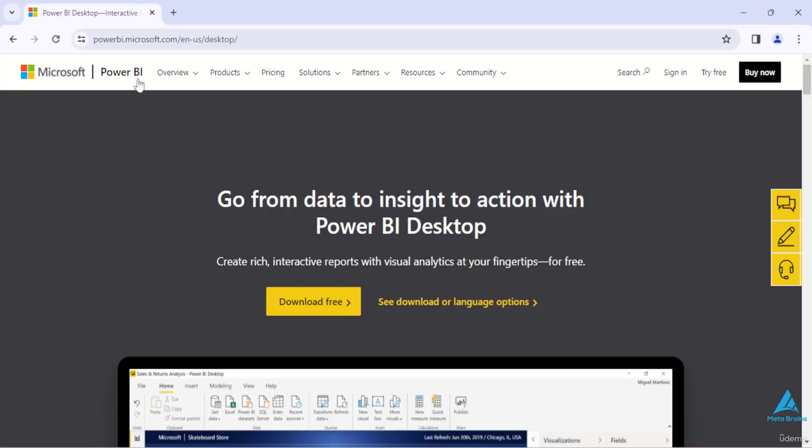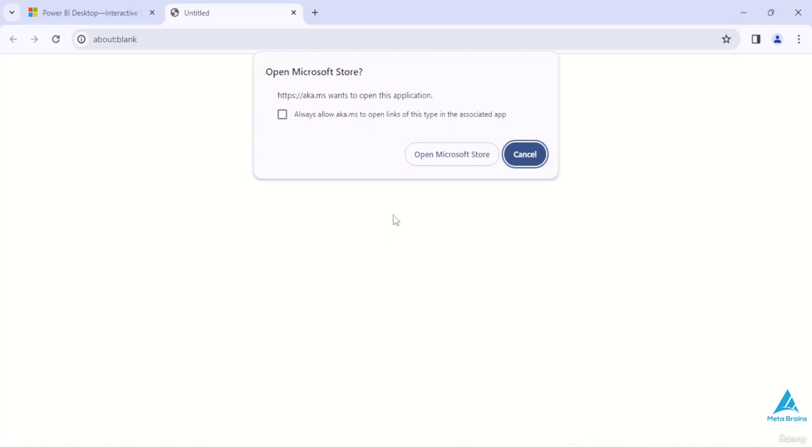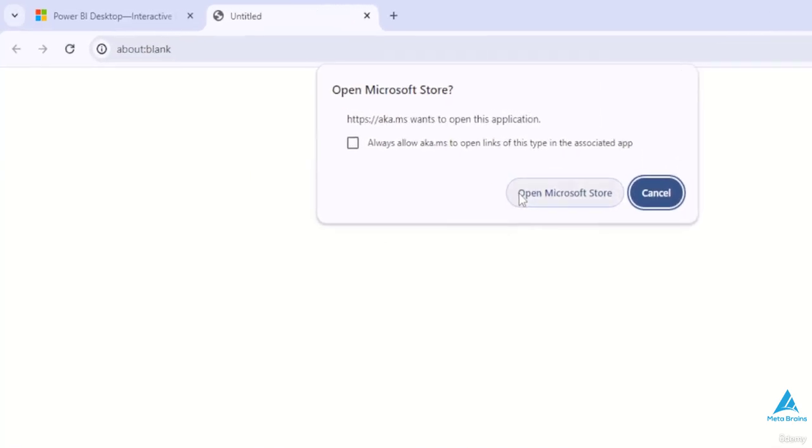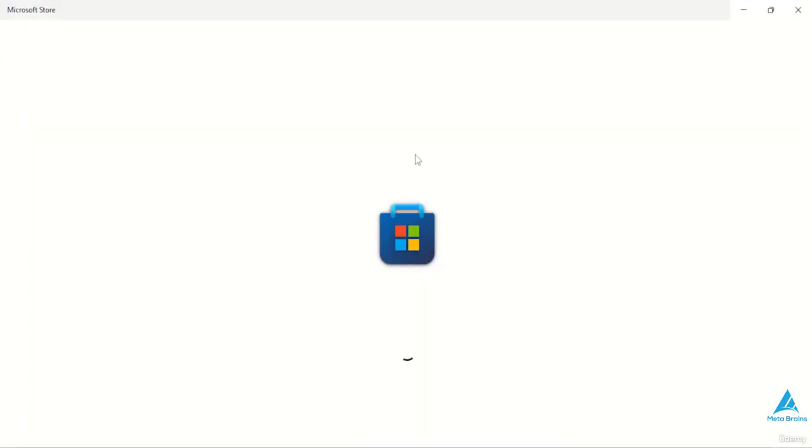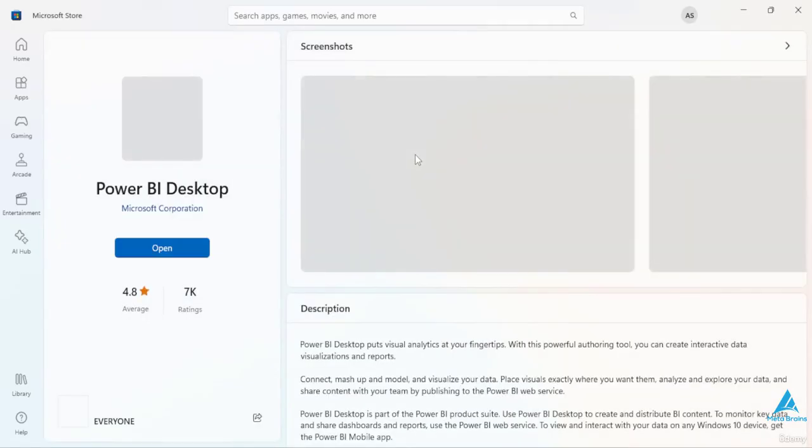I've already opened the URL, and you can see that that's the same URL open here. I can just click on the Download Free option. So Power BI Desktop is completely free. You don't have to pay anything for it. Now, once you click on that, it will ask you to open Microsoft Store. So I will just click on Open Microsoft Store, and here you can see the Power BI Desktop application will be open here. Now you can just click on the Install button, and it will automatically install on your laptop